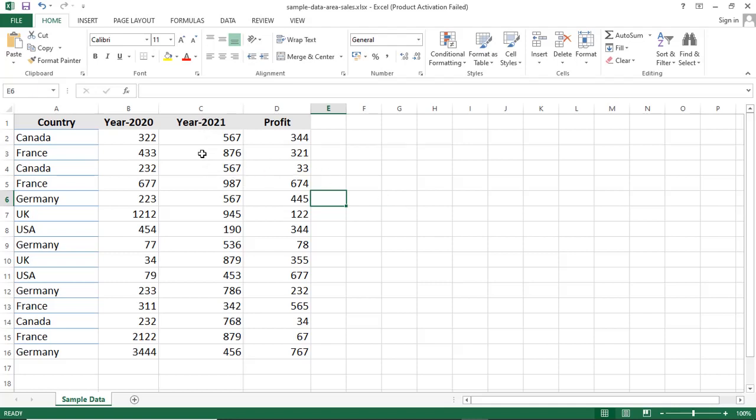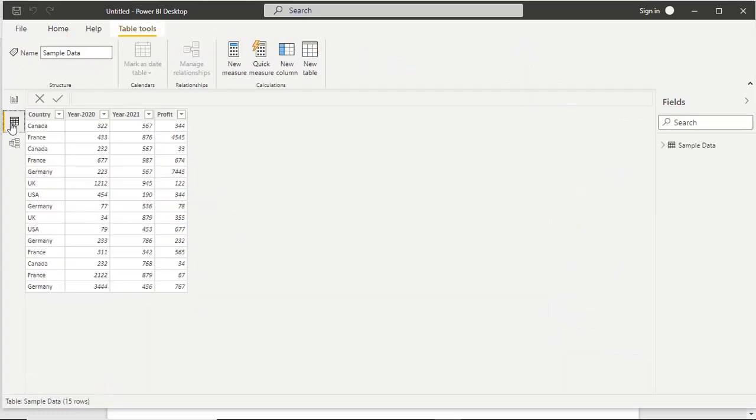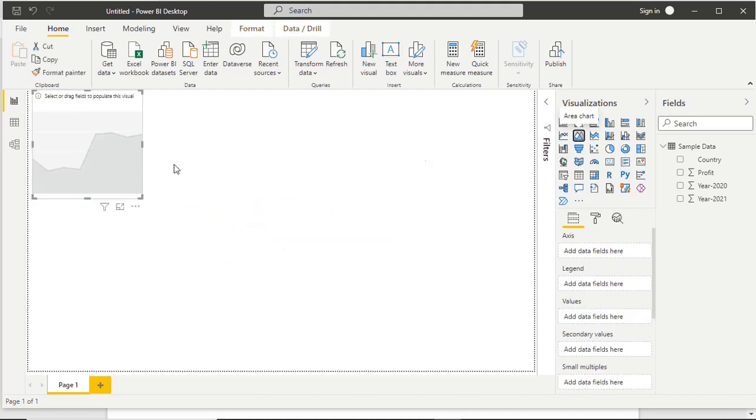Now my requirement is that I want to visualize this comparison, the sales of 2020 and 2021, in a chart. And along with that comparison, I also want the information of the profit. So for this purpose, I can use the area chart, the basic area chart. Now we do the practical of the area chart on Power BI Desktop. So we already have the data uploaded. Now report and area chart.